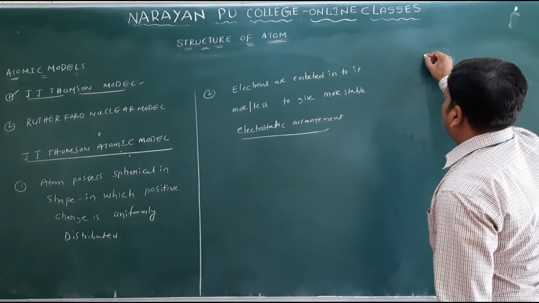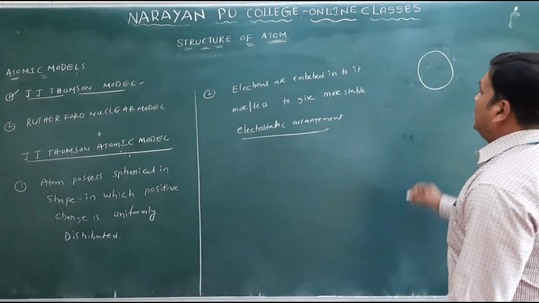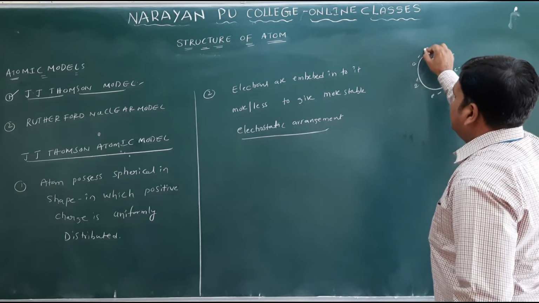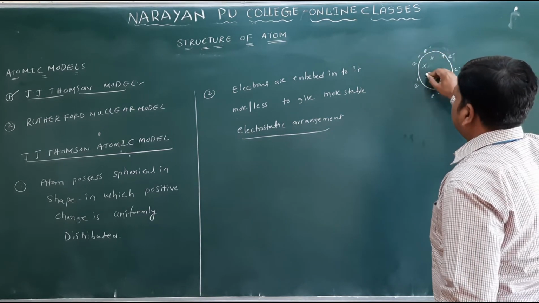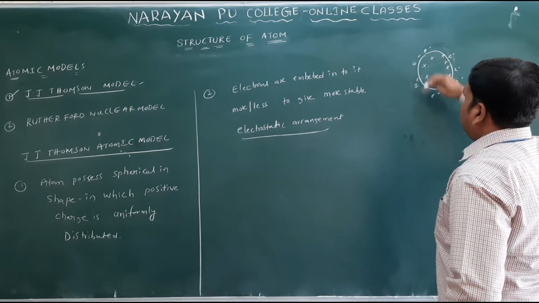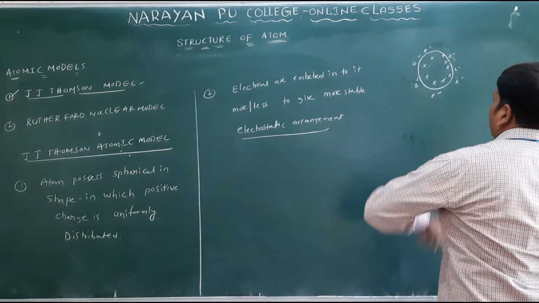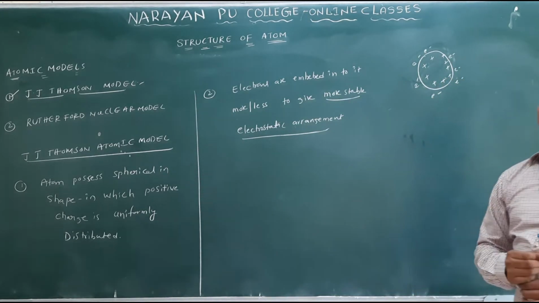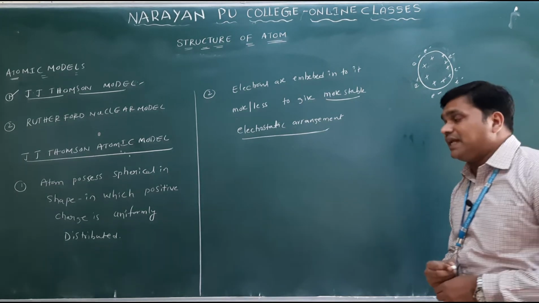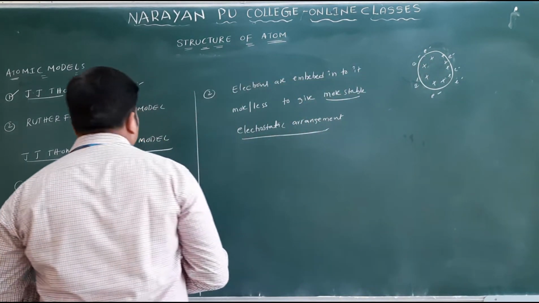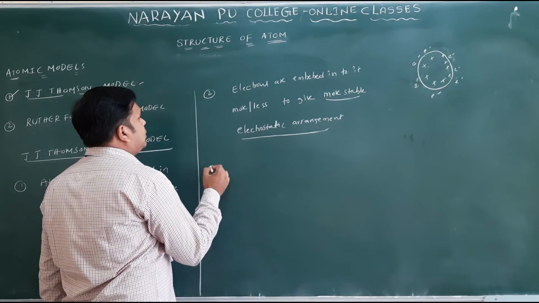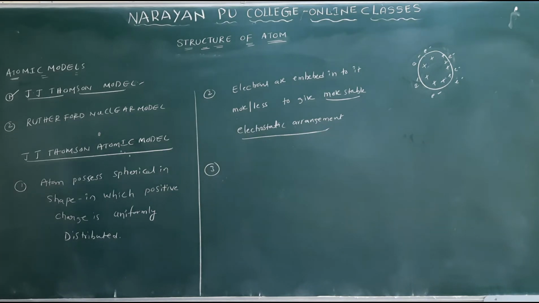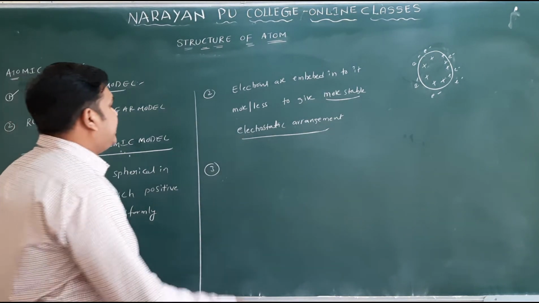Suppose you take this atom here. Electrons are embedded here, present inside the atom, and positive charge is there. So what happens between the negatively charged particles and the positively charged particle? It gives a more stable electrostatic arrangement. This is the next point in the J.J. Thomson atomic model. See the next point we have. This model is called the plum pudding model,